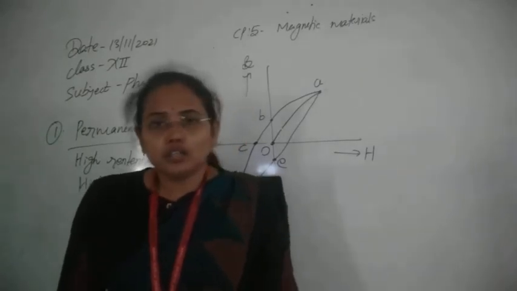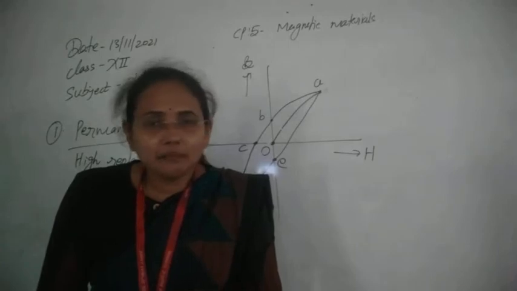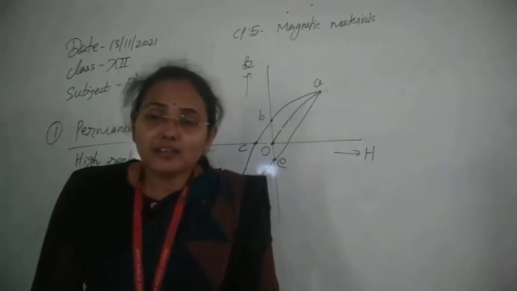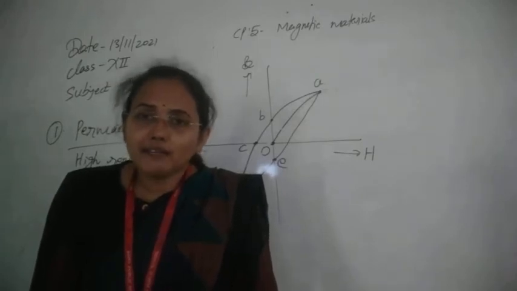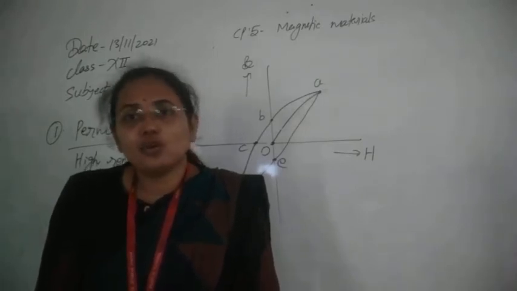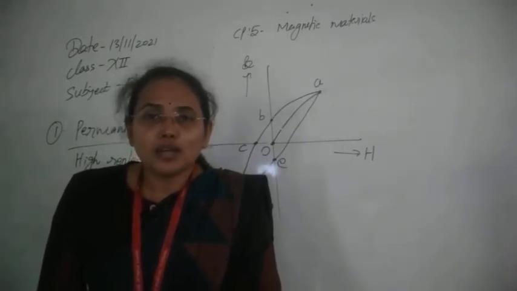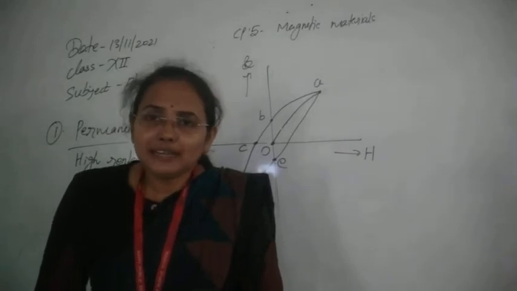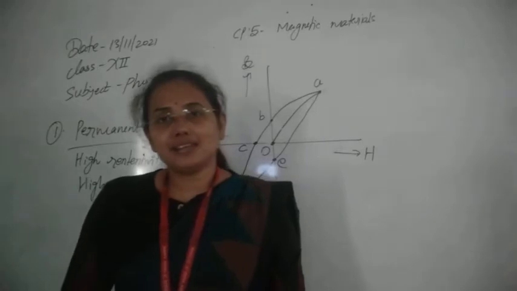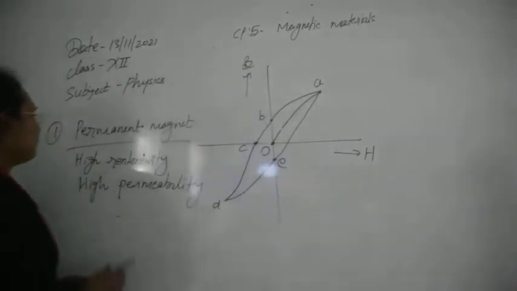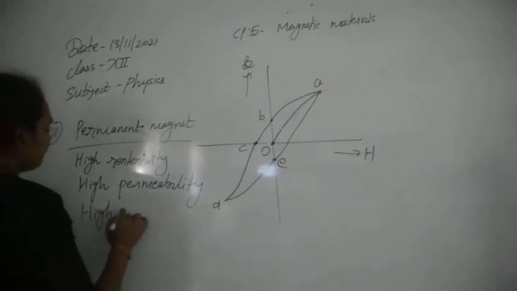Also, you know, the earth's magnetism is already present. So our magnet is also kept in another magnetic field, or some kind of stray magnetic field is also present. Due to all that, its magnetic field, its magnetic induction, should not vanish. So for that we need a material that should have high coercivity. It needs a high magnetizing field to remove its magnetization. So the third property we need for permanent magnets is high coercivity.